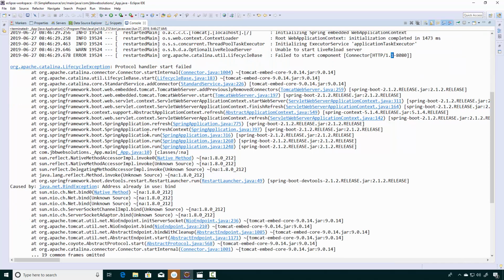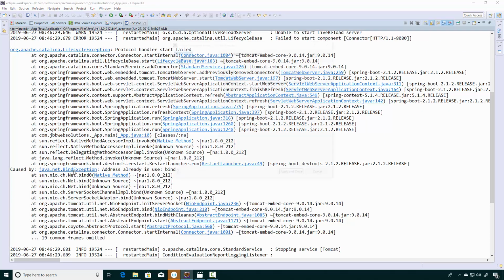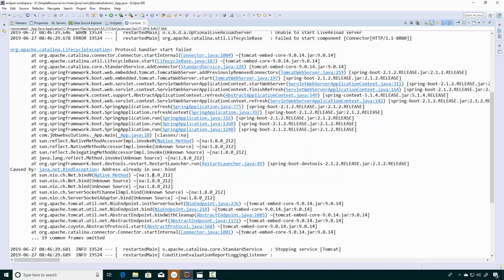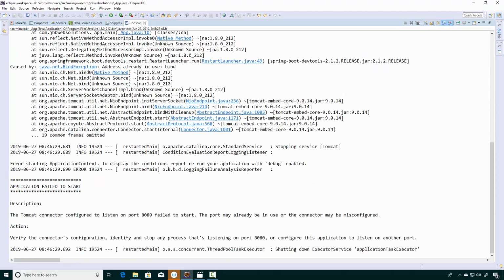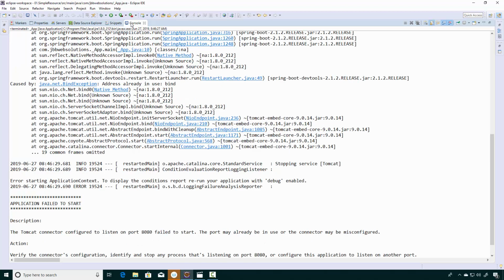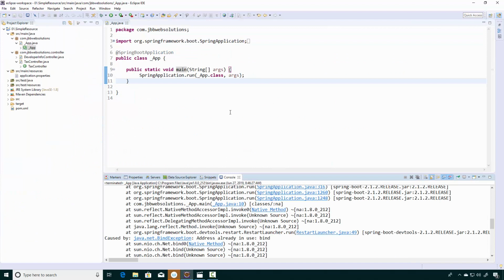So I think what's going on here is that you're getting a bind exception, and basically it's telling me that this is already in use. So what this means to me is that port 8080 is probably already being used. So I probably have a software that's using 8080 already somewhere in this machine, and that's probably it. So I can go look for it and kill it, but for this example, what I did here is I